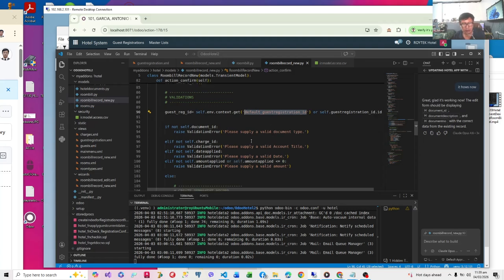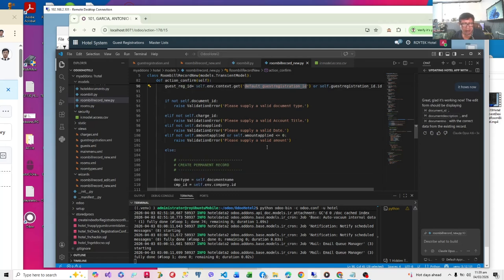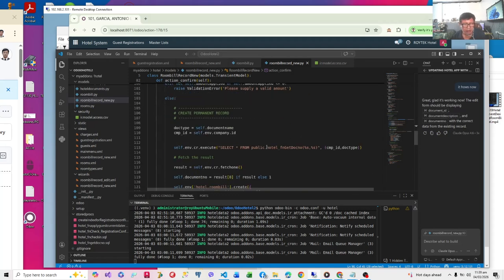We have the usual checks for correct document types, correct account titles, valid dates, and the amount applied should not be less than 0. Then we are going to create the document. First, we are going to get the document number. We have seen this before when we created the new registration.